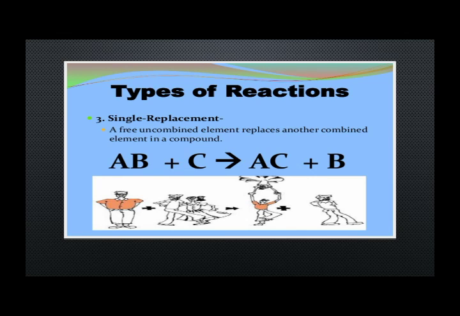Now here is another type, that is single replacement, or we can also call it single displacement reaction, in which one of the members of a compound is going to be replaced by another element which is present on the reactant side, and a new product will form. Here you can see that AB is reacting with C, so C is going to replace this B and form AC, and the B will remain alone. This is called single member replacing, so that's why this is called single replacement or single displacement as well.